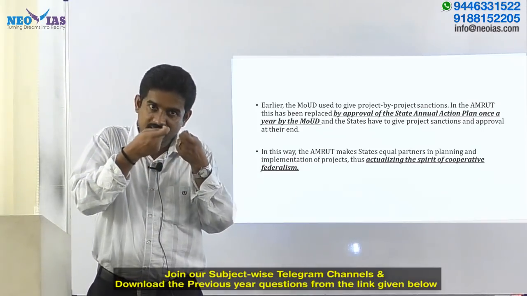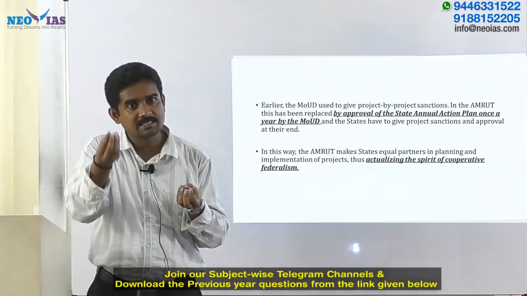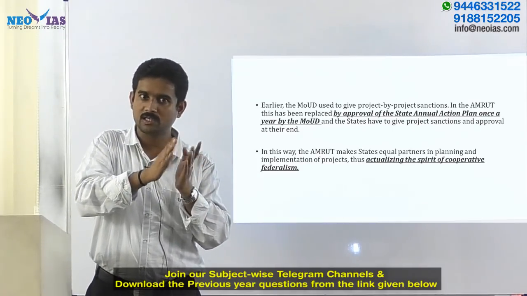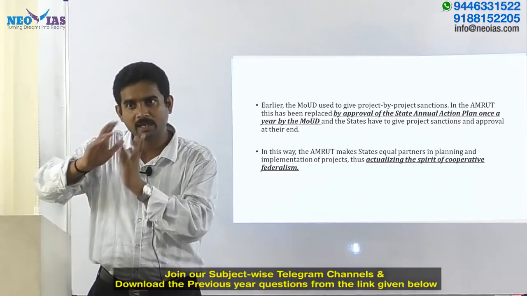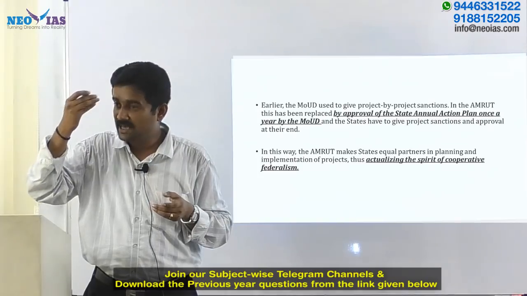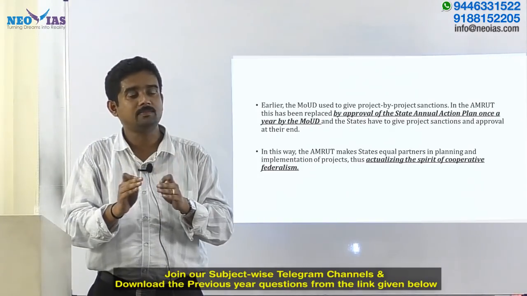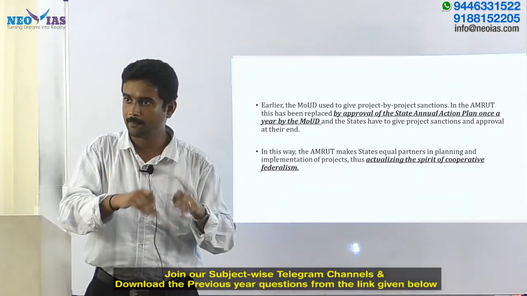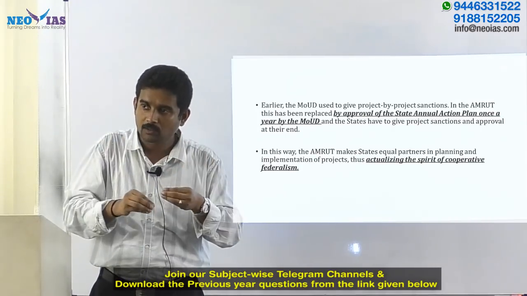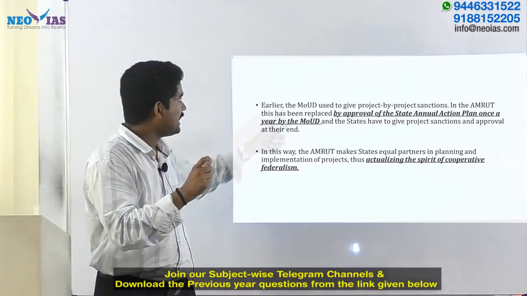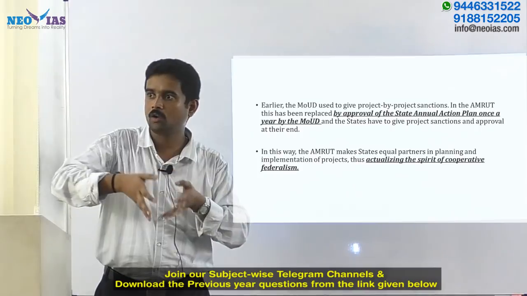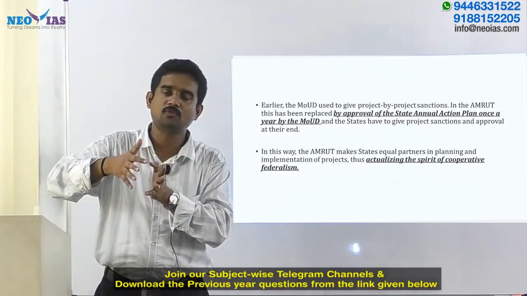Previously, if a scheme needed to be implemented at different stages or for different projects, say, construction of a canal or a road in a particular area, there needed to be separate approvals from the state government as well as from the central government. Under Amrut, if construction of open spaces in a particular region or facilities for sewage as well as tap water is planned,